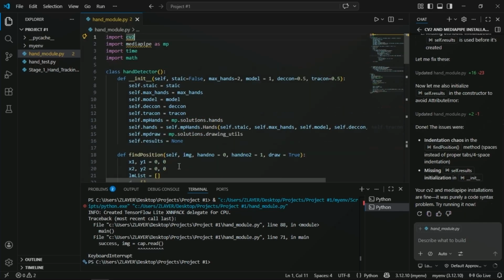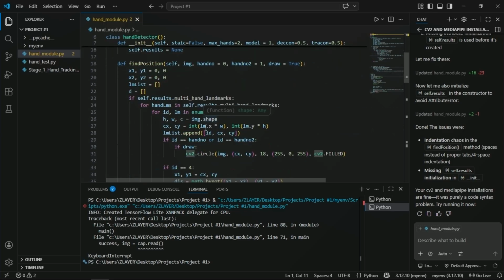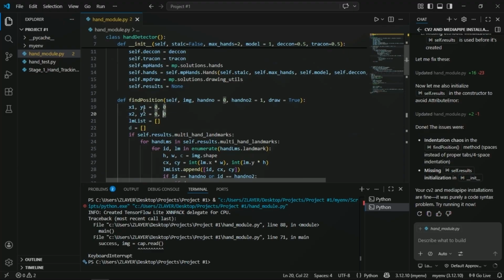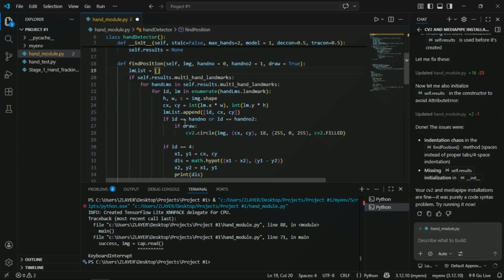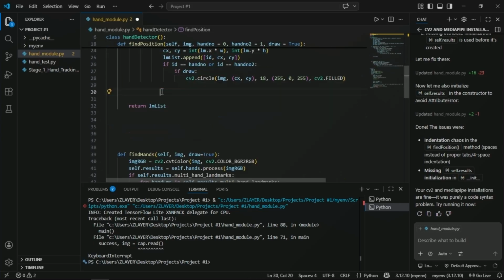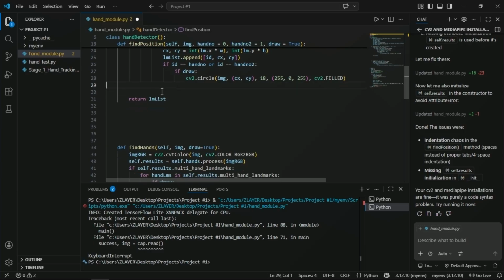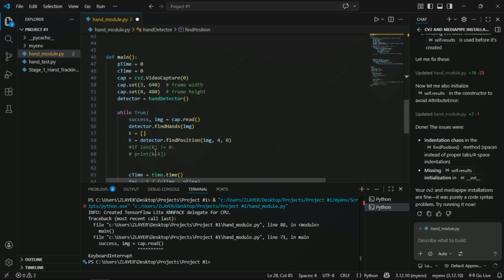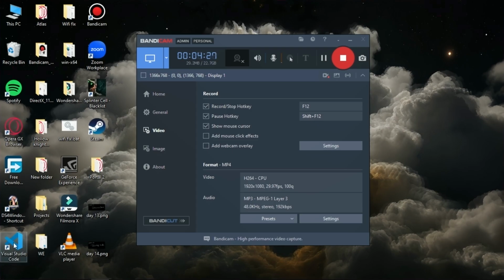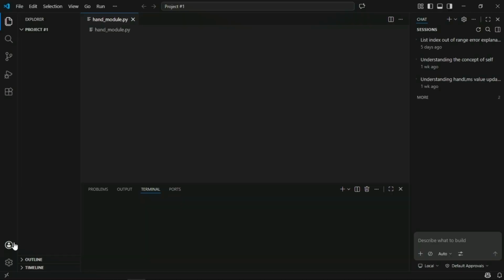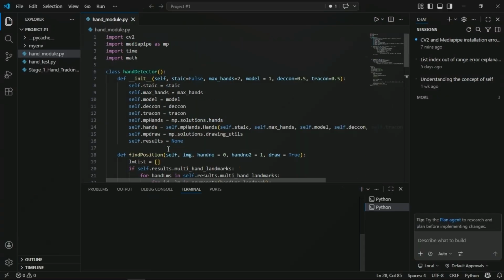Hmm. I mean, it still doesn't work. What was the point of even doing this? Okay, I'm just going to delete this and restart it. I guess no problem. Yep, it was. Okay, so